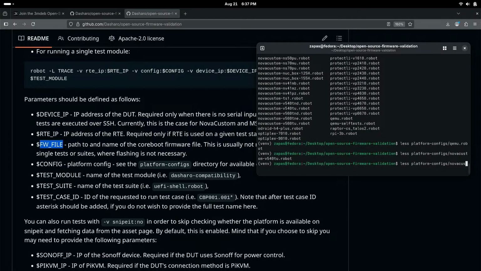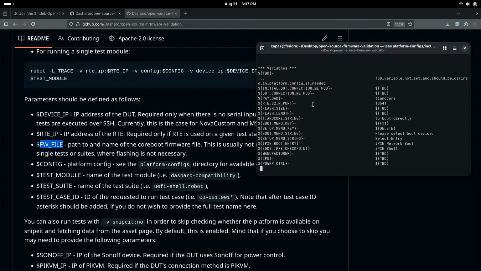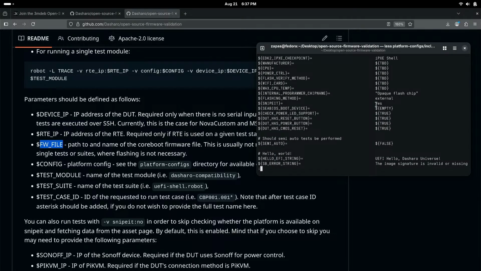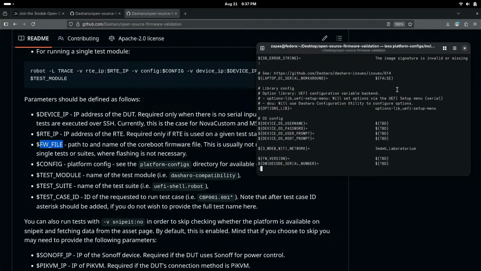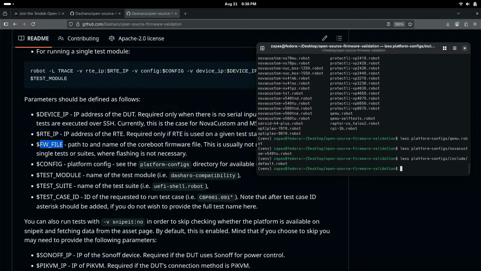All of the variables are defined in the include default.robot file. Every variable used by OSFV is defined here. Some have default values, like flashing method is external by default using an external programmer. Some of them have to be done, and they must be set when creating a new platform. Anyway, let's